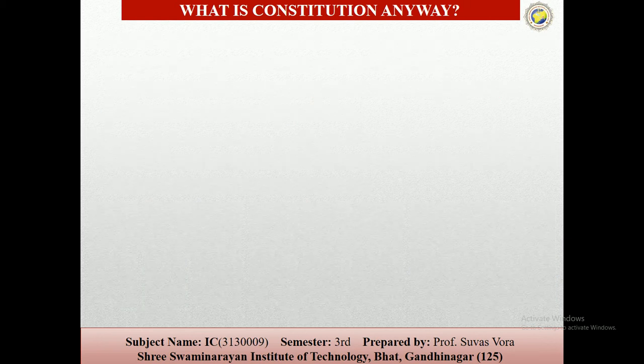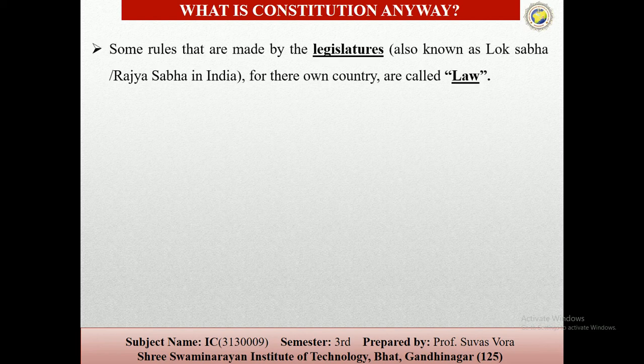कॉन्स्टिट्यूशन यानी कि एक टाइप का ऐसे रूल्स है जो सबको फॉलो करने पड़ते हैं। जैसे कि हम गेम्स या कोई भी गेम्स खेले तो उसके खुद के रूल्स होते हैं। सो दीज रूल्स कैन बी डिफाइंड इन द कॉन्स्टिट्यूशन। सो द रूल्स दैट आर मेड बाय द लेजिस्लेटर, आल्सो नोन एज द लोकसभा, राज्यसभा इन इंडिया, फॉर देयर ओन कंट्रीज आर कॉल्ड द लॉज।